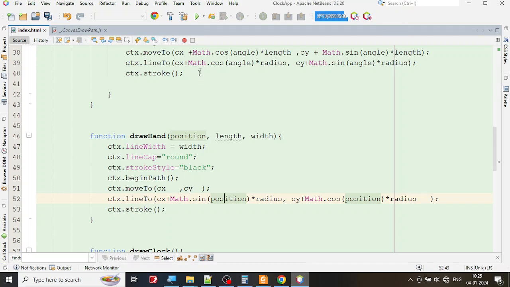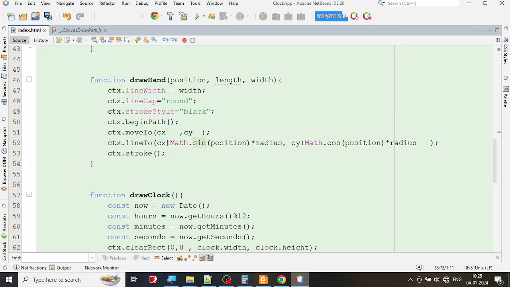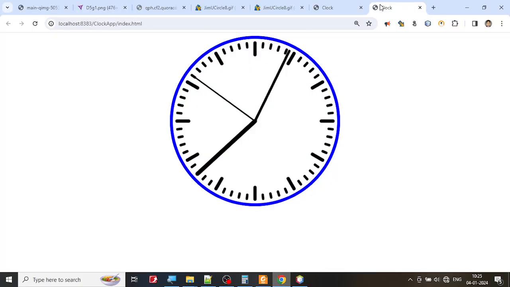So in my previous case, I used to say x cos theta and y sin theta. But now what I'm saying is x sin theta, y cos theta. So these two values are interchanged so that you are able to compensate the clock. Now, if you just say, okay, I'm going to do this and I'm going to see what is going to come. Okay, if you see this one,